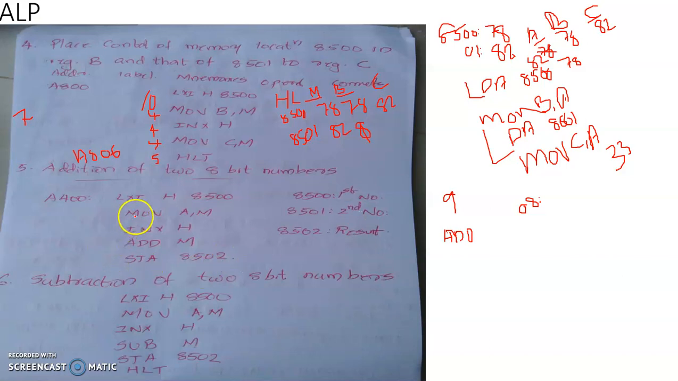For that we load the HL pair with this address 8500 using the instruction LXI